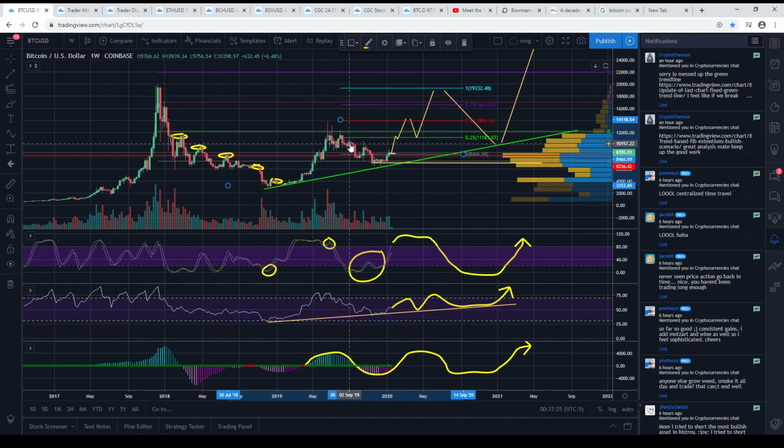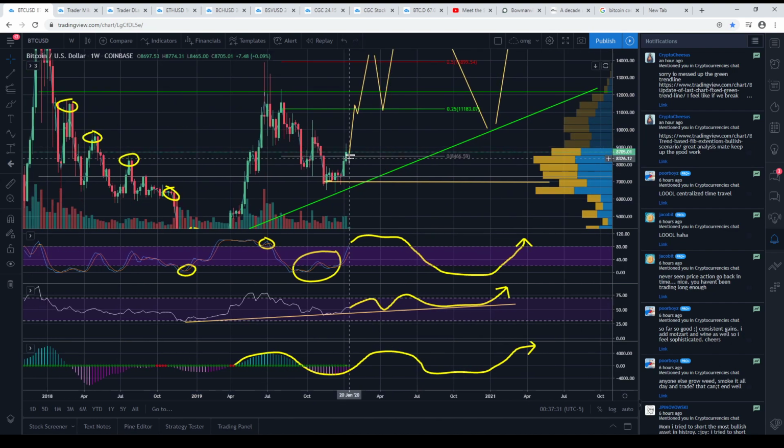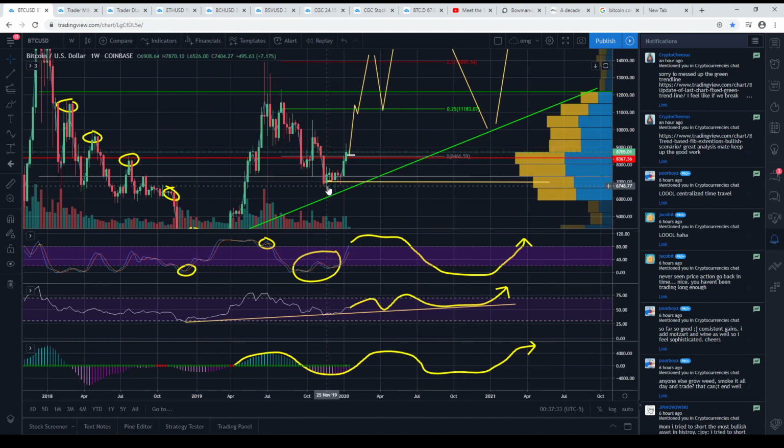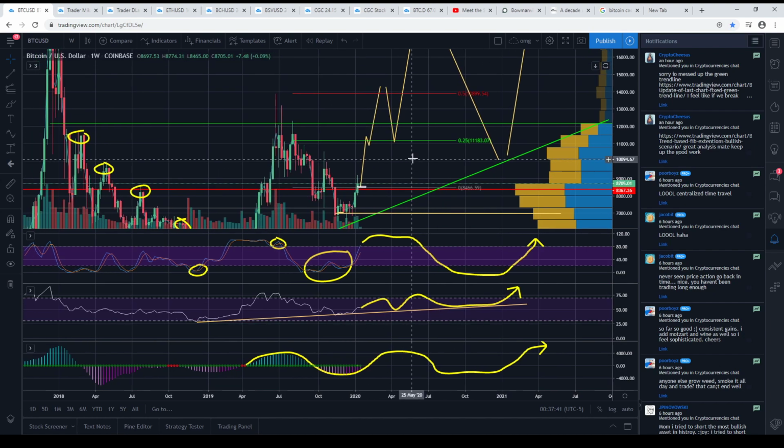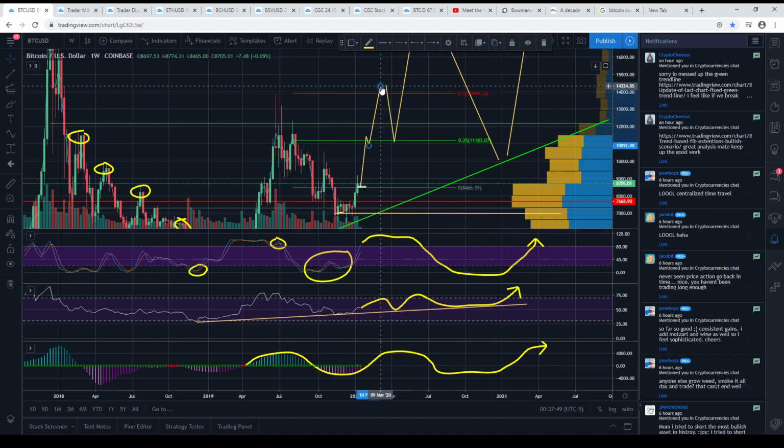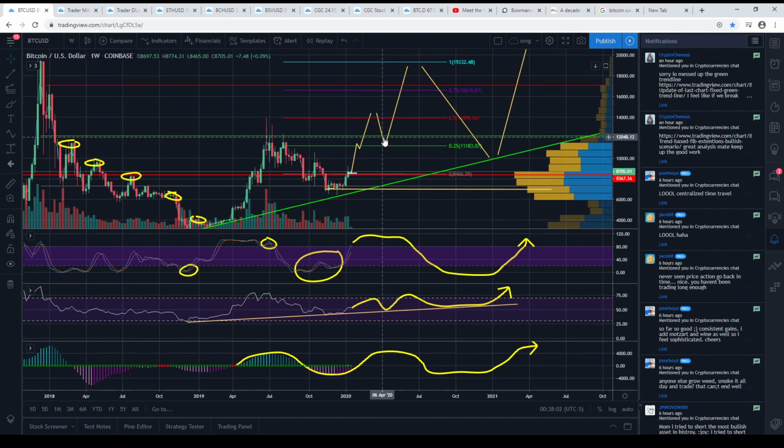So generally speaking, when you hit this red line, you're going to retrace to this gray line right here. There's sometimes a little give, a little take. So we went down a little lower and we created a new bottom. And we are on our way up. We're going to maybe stop, pause for a second here, and we're going to retest this high. And if we break it with conviction, we're going to give buyers a new chance to enter by coming down to 11,200-ish, which is the 0.25. And we're going to head higher at that point.